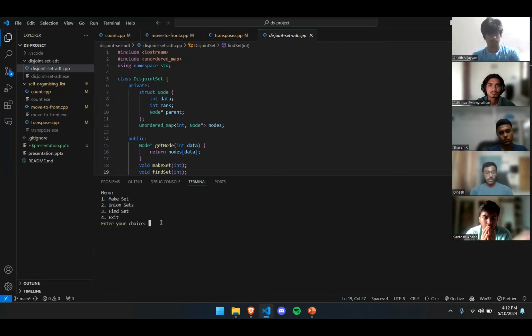Now if I do find set of 2, we get parent of 2 is 1, which means 1 and 2 both belong to the same set, and 1 is the parent of 2. And now let's create another set 3 and 4. And if I make a union of 3 and 4, 3 and 4 have now become the same set. And if I find set of 4, it will show parent of 4 is 3, which means 3 and 4